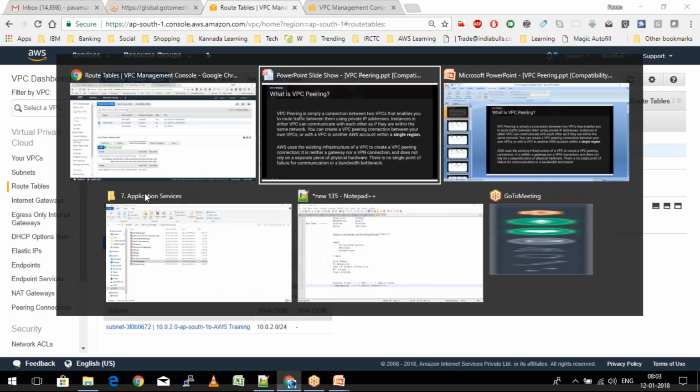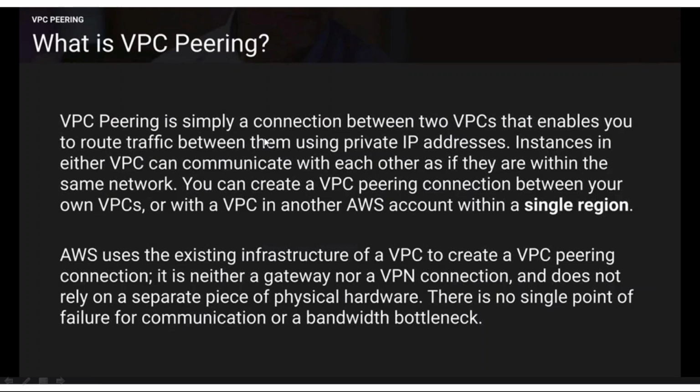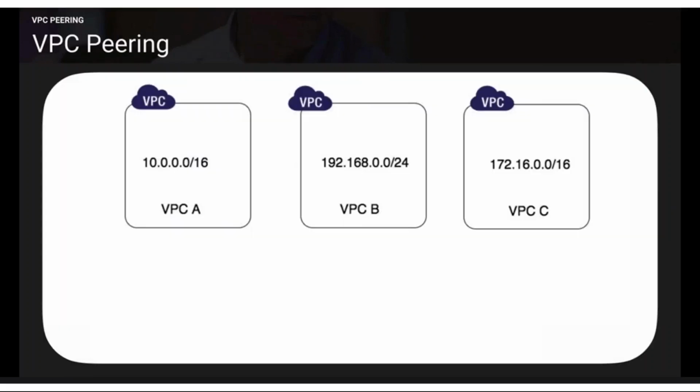AWS uses the existing infrastructure of a VPC to create the VPC peering connection. It is neither a gateway nor a VPN connection and does not rely on a separate piece of physical hardware. There is no single point of failure for communication or bandwidth bottleneck. It doesn't use any gateways, VPN connection, or any other separate piece of physical hardware. It just uses whatever existing infrastructure is available in the AWS data center